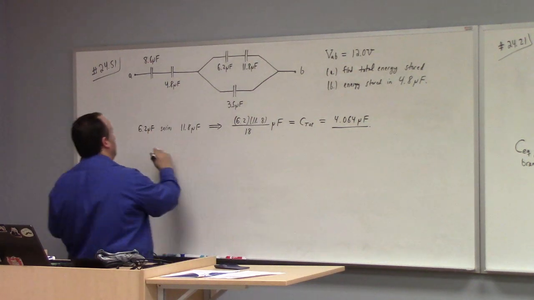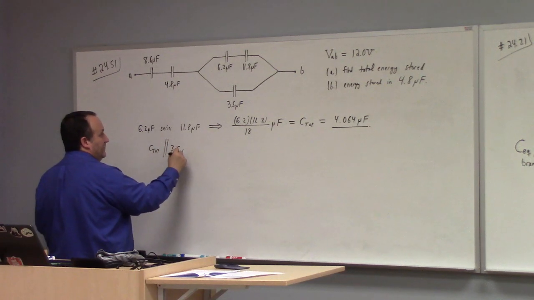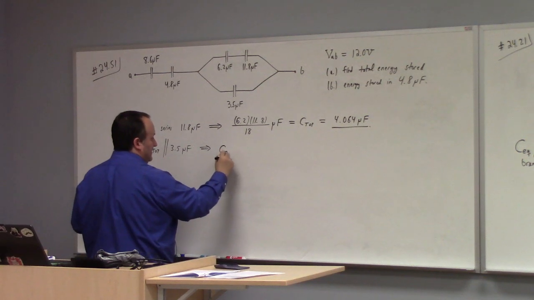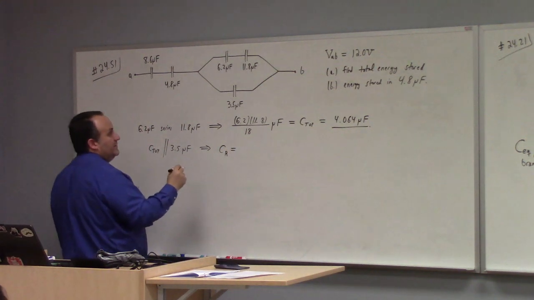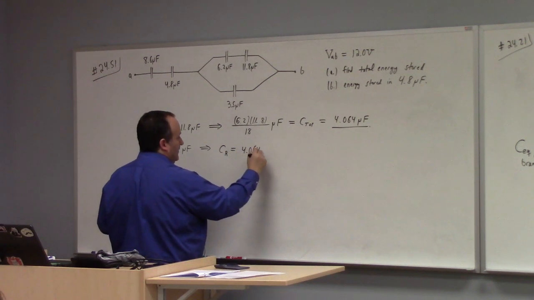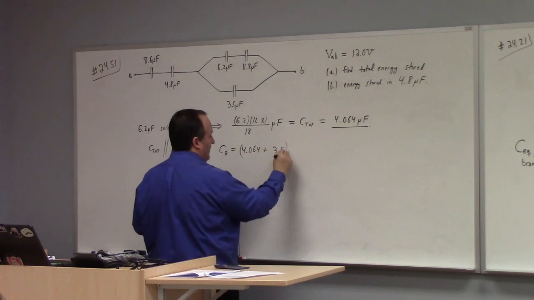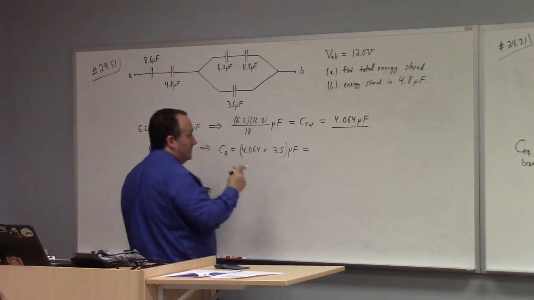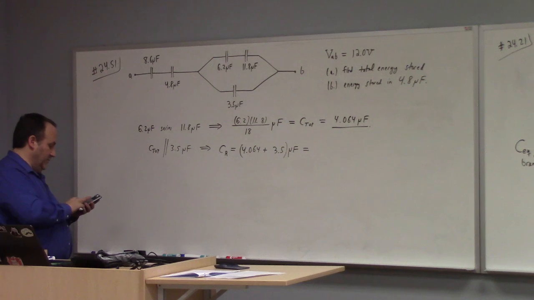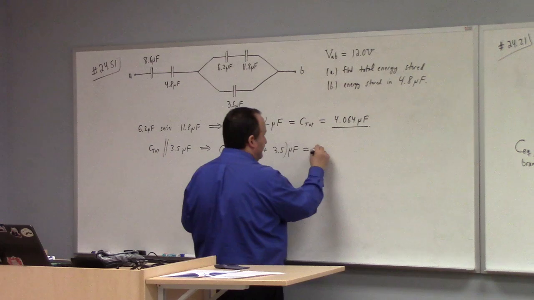And then you've got this C top paralleled with 3.5 microfarads, and we'll call that CR, the right capacitance. That is 4.064 plus 3.5, we get ourselves 7.564